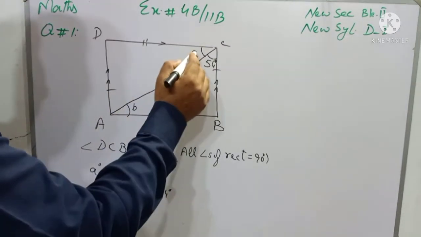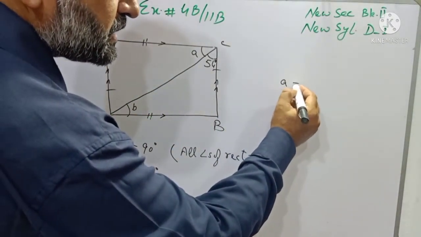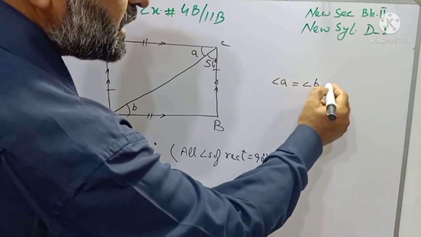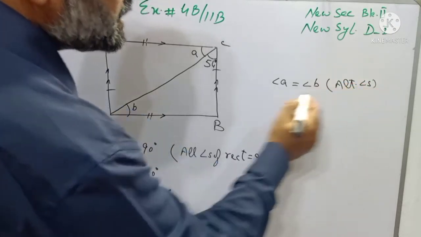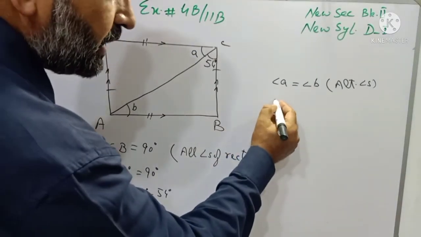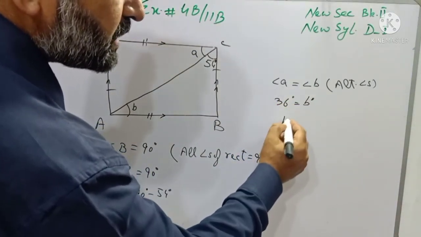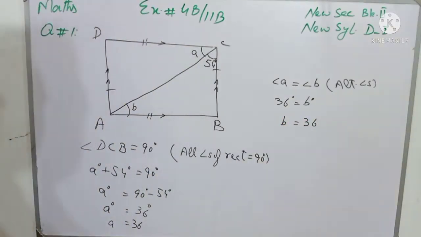And students, angle A is congruent to angle B, and the reason is alternate angles. So students, the value of angle A is 36 degrees, equal to B degrees, and degree will be cancelled with degree, and the value of B will be 36. So students, this is the A part